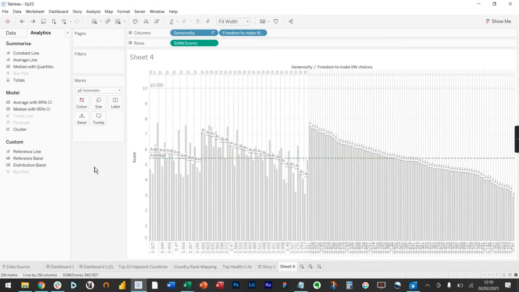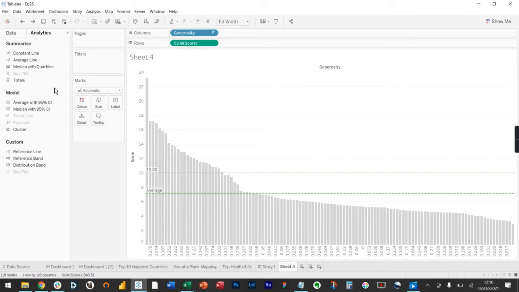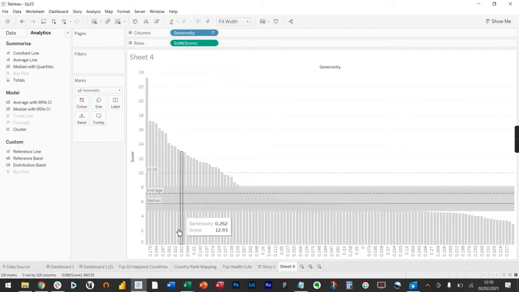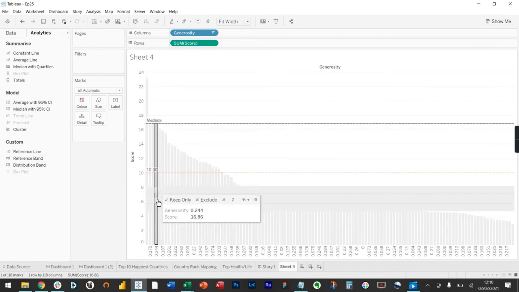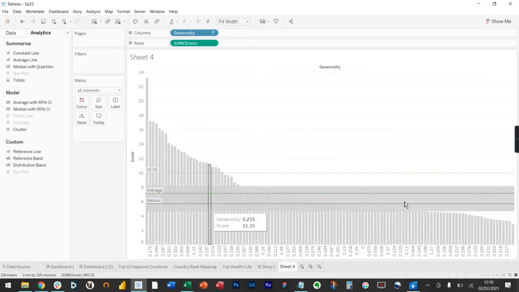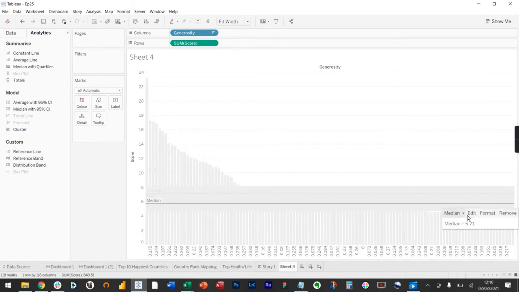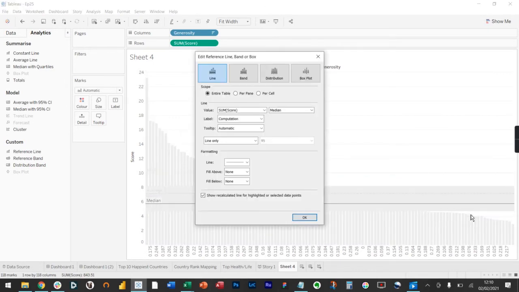So if I undo back out a few steps, the next one is median, so another type of average. If we put this across the table, if we just work at table now that we've discussed these 3 levels, we'll see we've got median here with quartiles. So we're at 25 percentile quartiles. Well, that's what quartile is, isn't it? A quarter. So if I click on that line and press edit,